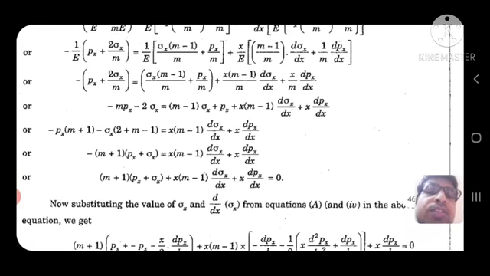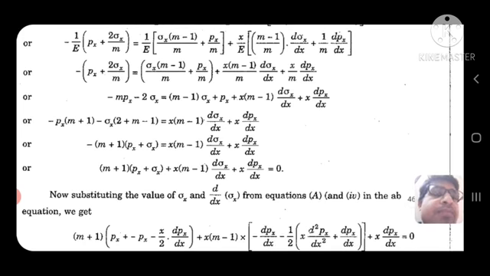So, you may write down, minus 1 by E within parenthesis (px plus 2 sigma x by m) is equal to 1 by E sigma x (m minus 1 by m) plus px by m